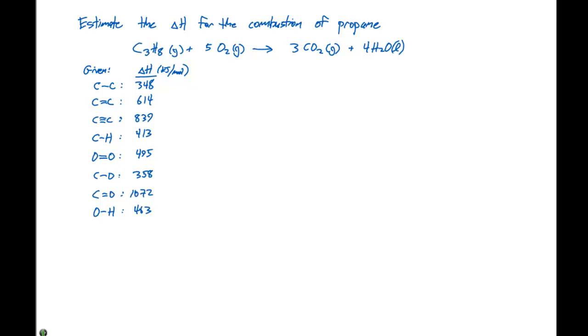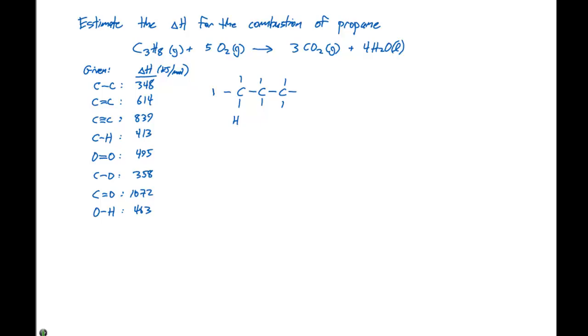In this video, we're going to estimate the delta H for the combustion of propane. In addition to all the ways that we've previously calculated enthalpy, we can use Lewis structures and bond enthalpies to estimate the overall enthalpy of a particular reaction. So, in this case, we have C3H8, which we can draw the Lewis structure